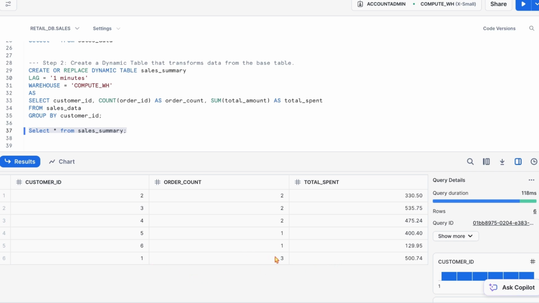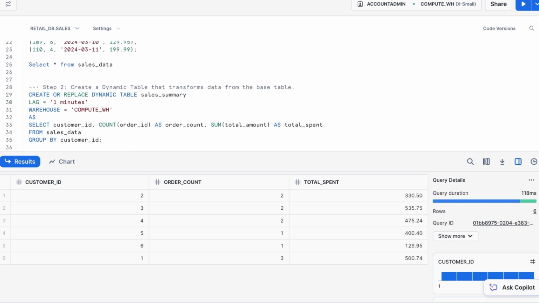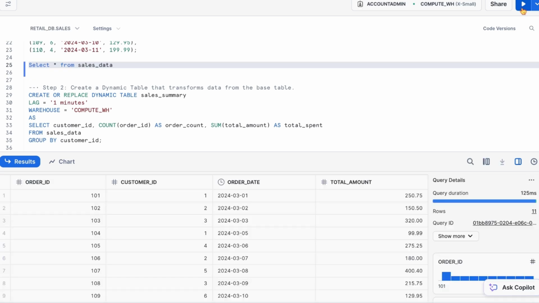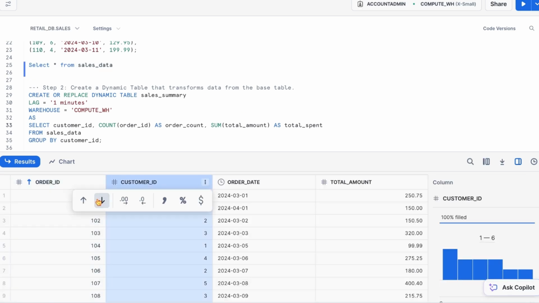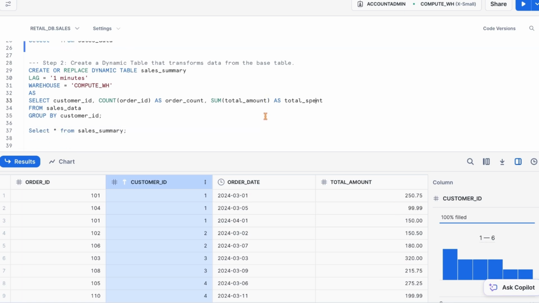So the order count is total 3, so somewhere we missed another 101. Let us look at it. Oh, customer ID, right? Let's sort it by customer ID. We have total 3 orders, 1 plus 1 plus 1. 3 transactions. And the total is also 500. So that's exactly